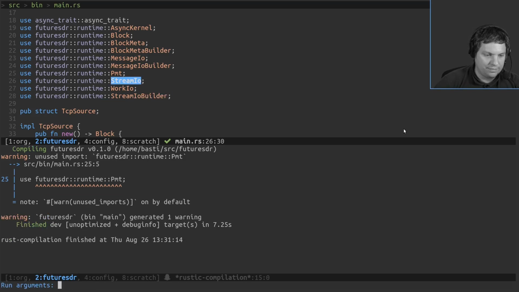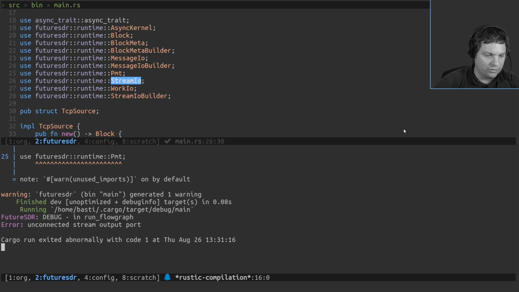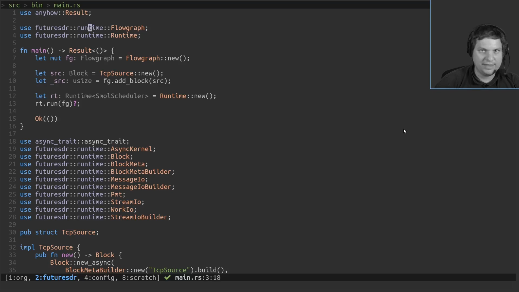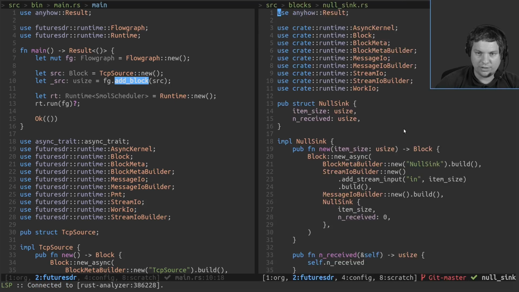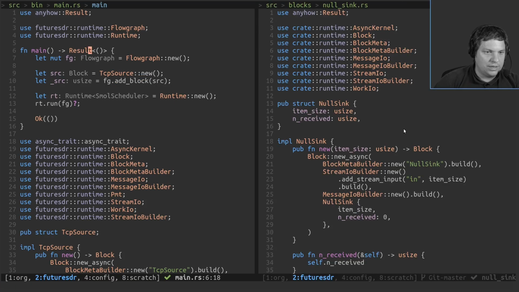And if we run it, we see, oh, runtime error, unconnected output. The thing is that messages can be left unconnected, but streams have to be connected. So in this case, we have an output that's not connected because there's no other block. And for this, we can use a null sink. That's part of the runtime, so part of FutureSDR.